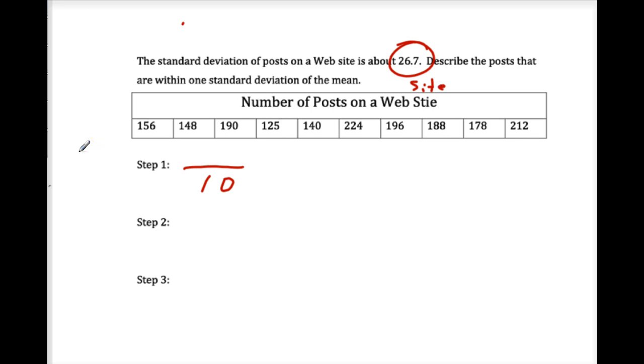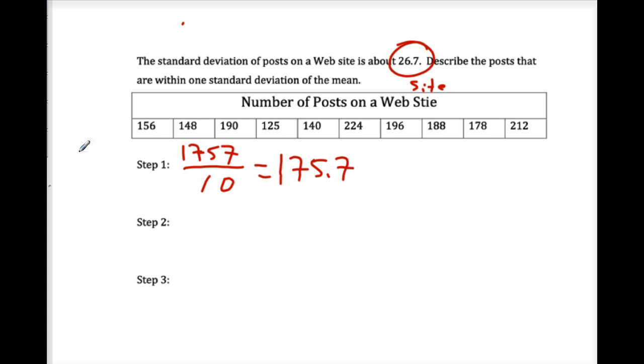1,757. What'd you get, Matthew? 1,757? Yes, that's what I got. So if you add up all those numbers, guys, you get 1,757. Can you guys divide by 10 without a calculator? Yeah, you move the decimal one time to the left. 175.7